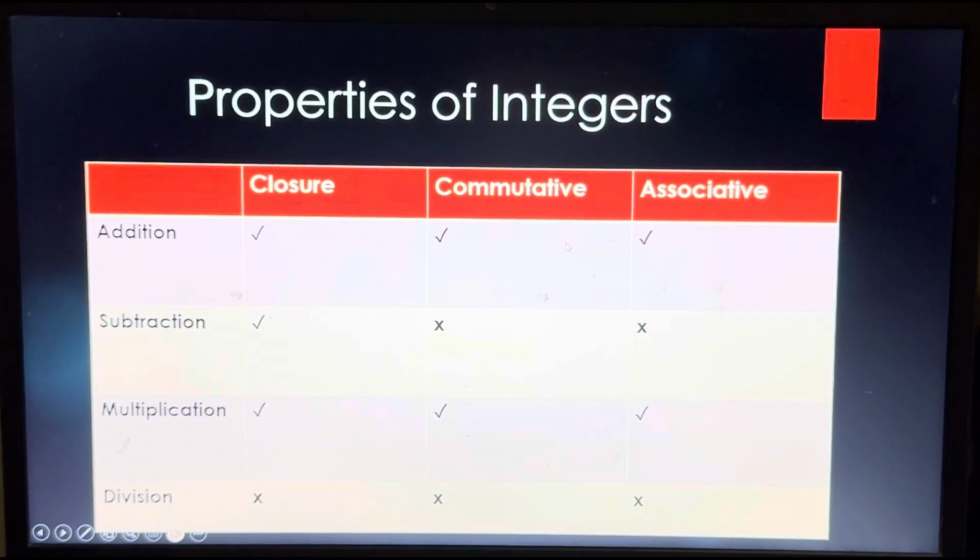What was commutative property? Commutative property is for two integers, and associative property is similar, but it is for three or more integers, right? Now, what is important in this commutative and associative property? Like if we see for addition, if you add the numbers in any order, the answer remains the same, right? So similarly, you multiply the numbers in any order, the answer remains the same. But that's not the case with subtraction and division, right? So this is just a recap of all the properties.